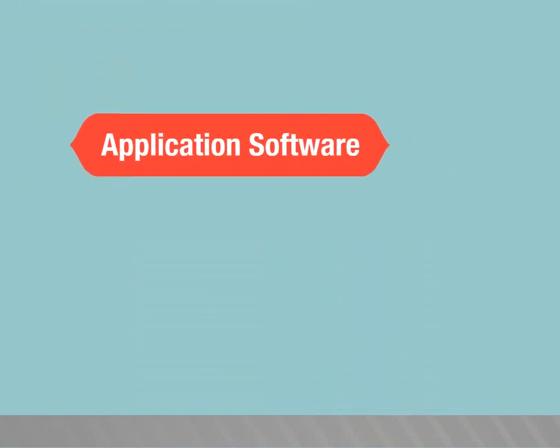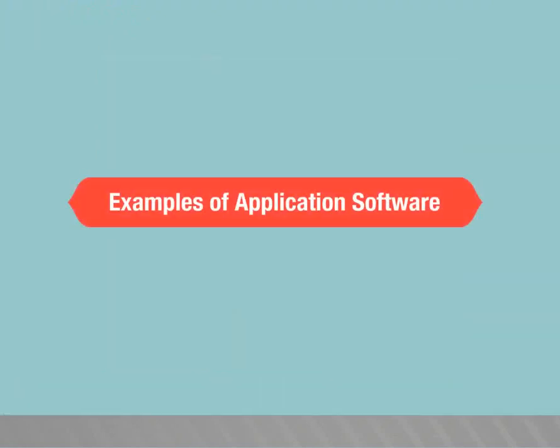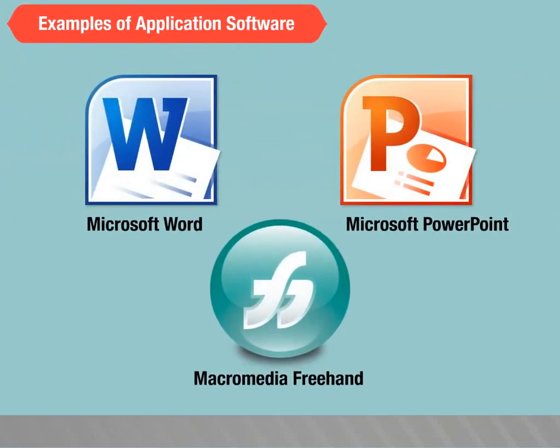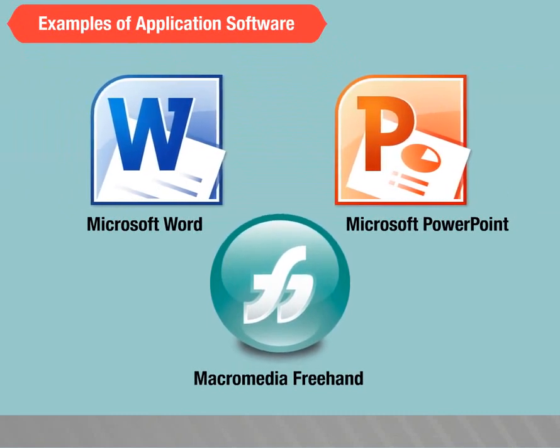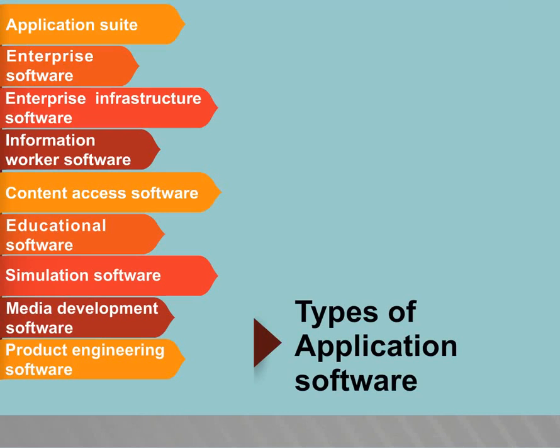Application software. Application software is computer software designed to help the user to perform singular or multiple related specific tasks. Examples of application software: Microsoft Word, Microsoft PowerPoint, Macromedia Freehand. Types of application software: